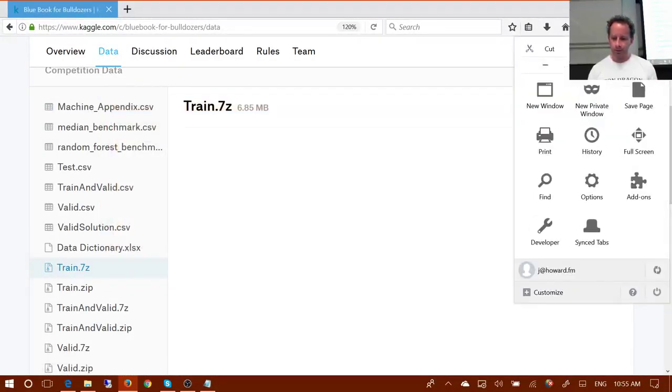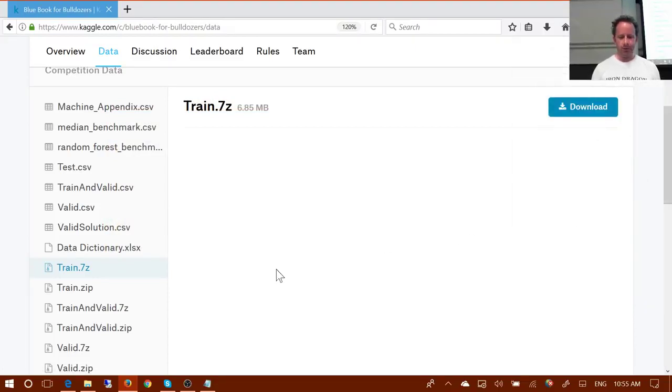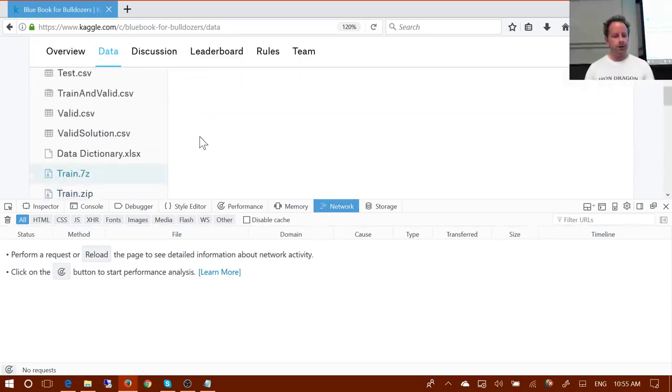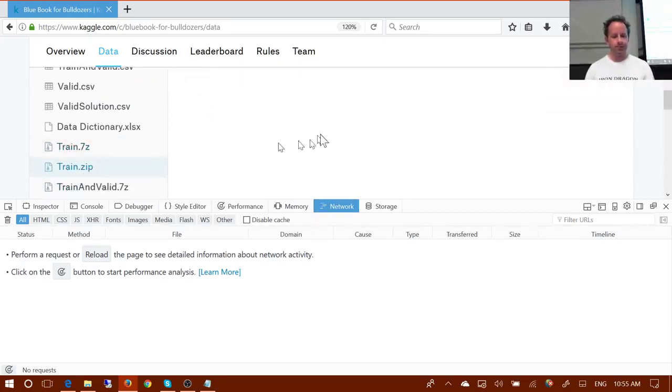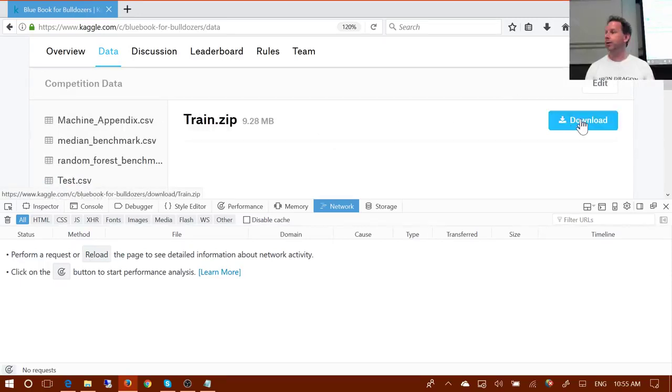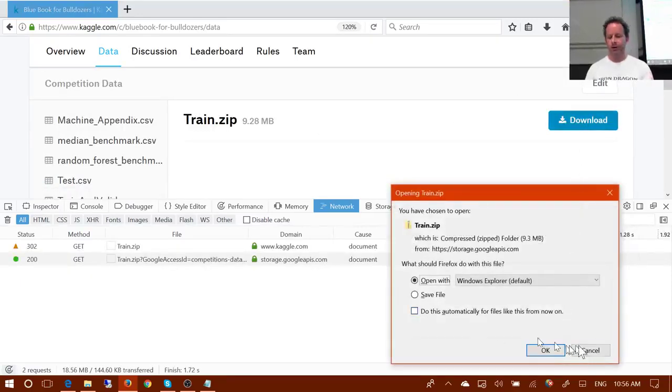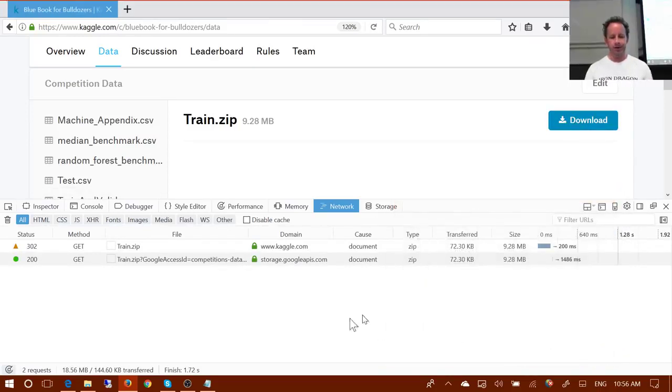You can hit Control-Shift-I to bring up the web developer tools, and one of the tabs is network. Then if I click on train.zip and click on download, I'm not even going to download it, I'm just going to say cancel,